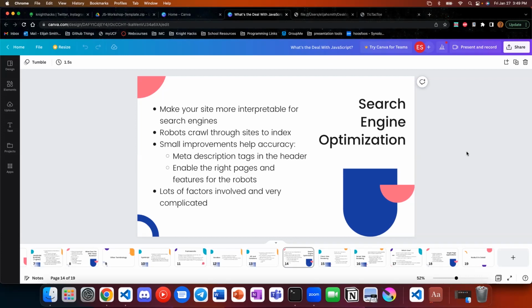But it is still something to keep in mind, especially if you're making a real project that needs to generate revenue. The way that search engines work is they send out automated processes called web crawlers, and they go through literally every single available web page. They look through all the content and create an index, which just helps it find things faster based on the information available. The same concept exists in a database as well.